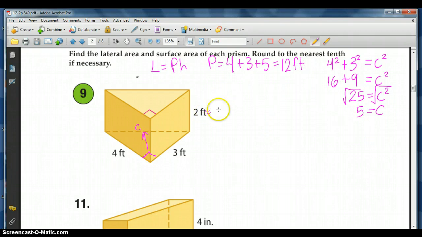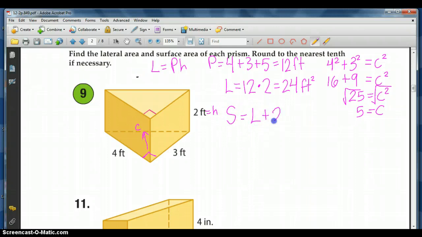My height of the prism is 2 feet. So my lateral area is perimeter times height, or 24 square feet. So that's just the area of these 3 rectangles that wrap around. The surface area is equal to the lateral area plus 2 times the area of one base, because we want to take the lateral area and then add the top and the bottom to it. So my surface area will be equal to my lateral area, which we already found is 24, plus 2